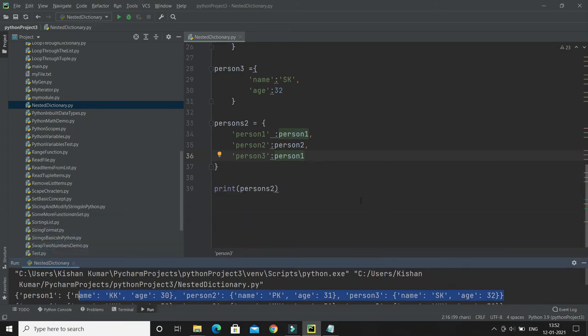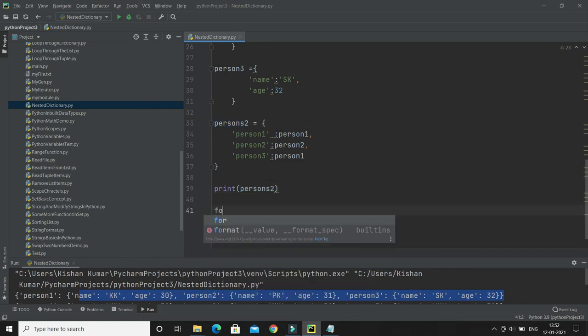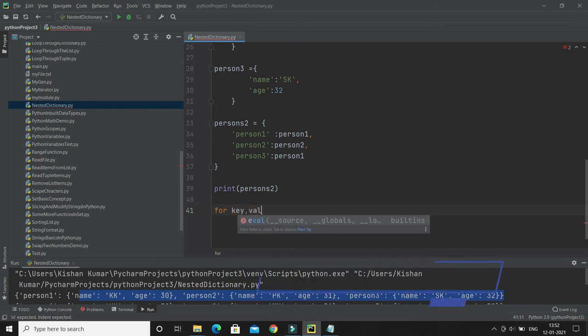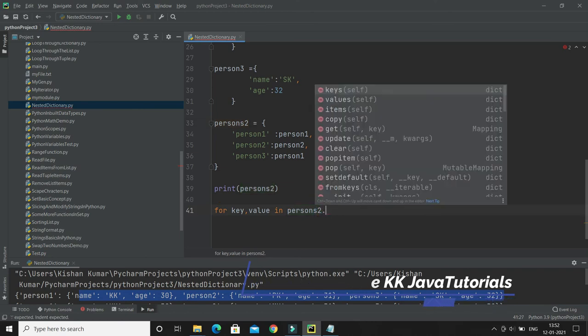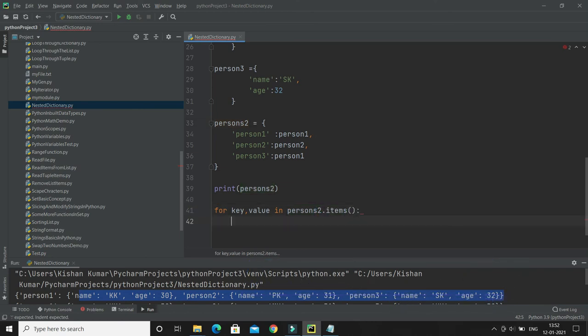Now all the concepts we have learned related to the dictionary always work for the nested dictionary as well, right? Let's say I would like to iterate over this one. Then we can use the for loop, and we can have a key and a value, right? So we use the in keyword, and then persons 2, that's the dictionary name, right? And we can call items, and we can print, let's say, key, comma,